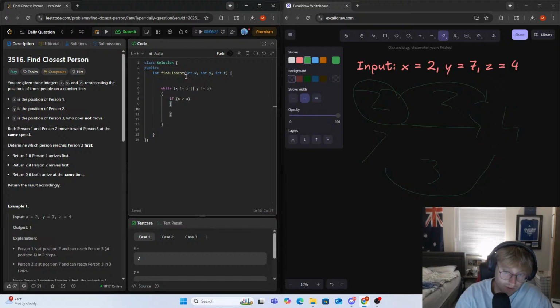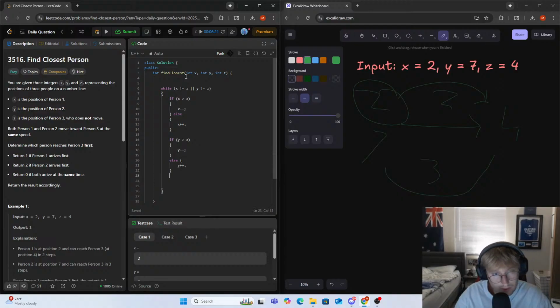So if it's greater than z, then we decrement x. Else, we would increment x. And we do the same over here: if y is greater than z, decrement y. Otherwise, we would just increment it. I believe this should work, unless there's some other edge cases. But here we'd exit the while loop, and then we would return